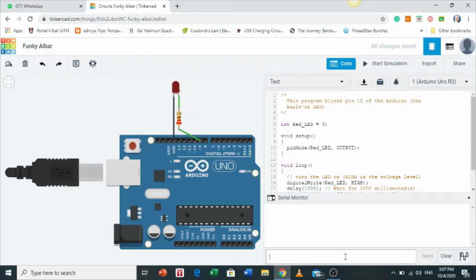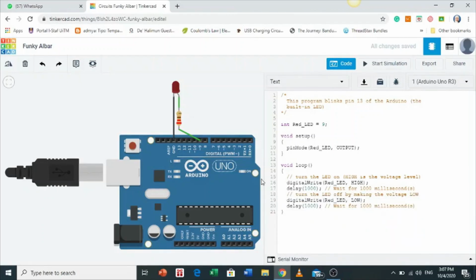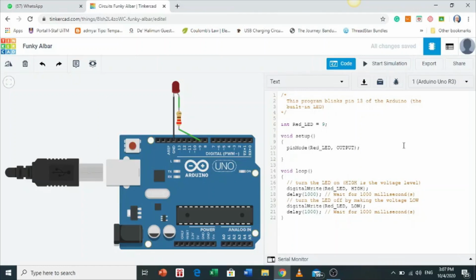Okay, for example like your keyboard. You can type here and you can send, and you click the button send here. So this data will be sent to your Arduino through your serial monitor port. The serial monitor port here is this USB port. So what you need to do is in your lab 1, experiment number 3, you can declare your serial port. To declare that one, we can declare it as